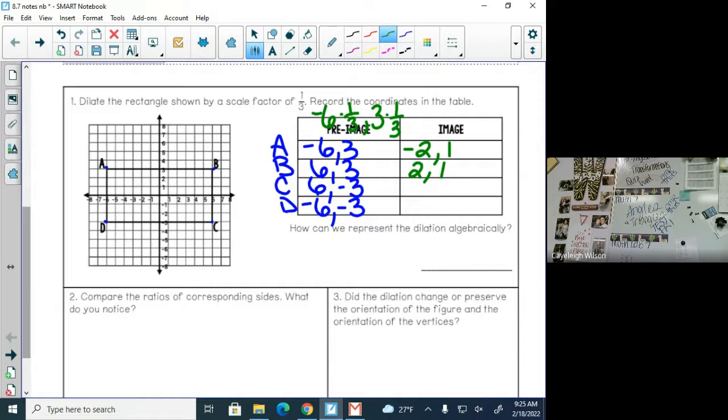Can we start plotting these on the graph? All right, the C point, 6 times 1/3 is 2. -3 times 1/3 is -1. You can use a calculator if you need to, but multiplying by 1/3 is the same as dividing by 3. -6 times 1/3 is -2. -3 times 1/3 is -1. So are there any questions about how to change the coordinates? Right. So I counted